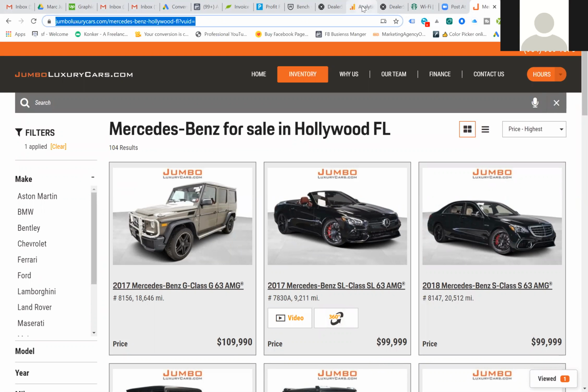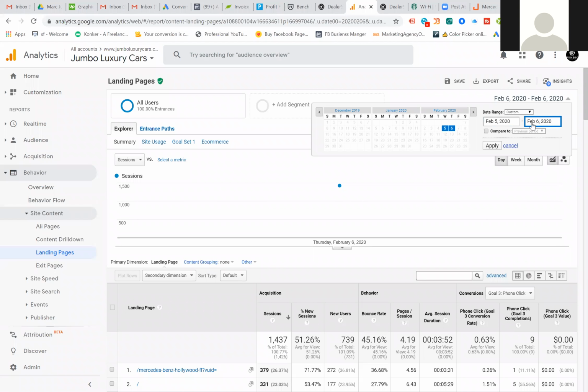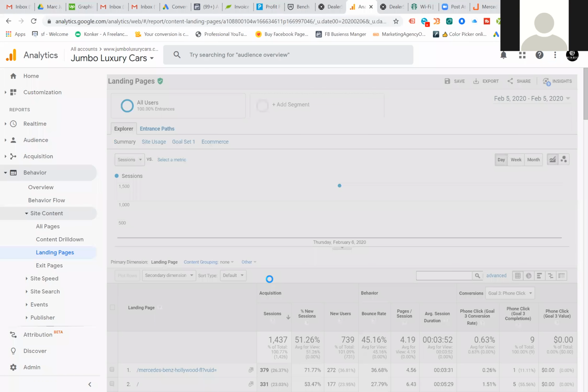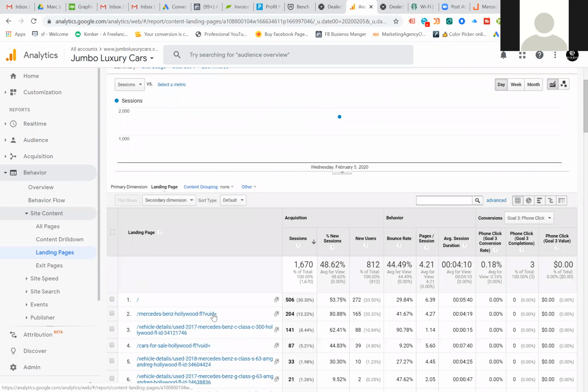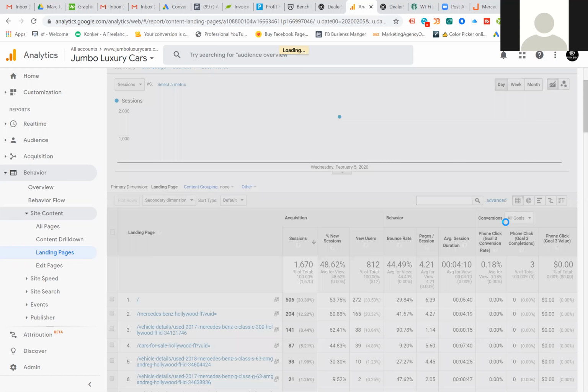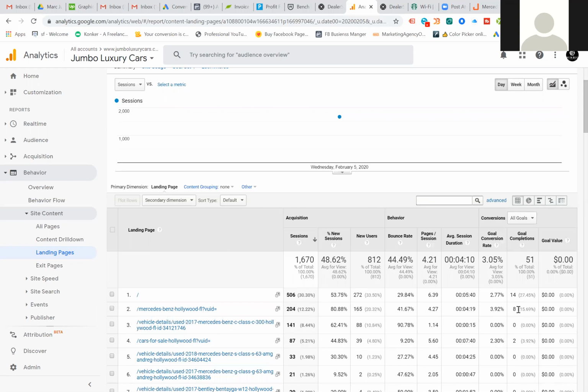And now I go to Google Analytics for February 5th, and I look at, obviously some probably came in February. Let's just show this exactly. So we're looking at the behavior page with the site content into landing page, where here's the landing page that I just showed you, and it drove 204 sessions on that day. Wow. Okay, with all goals where we have the conversion goals, where there were 8 conversion goals that occurred